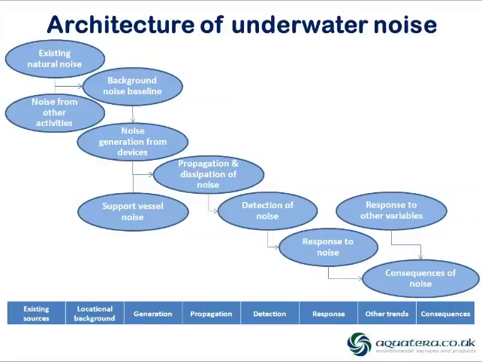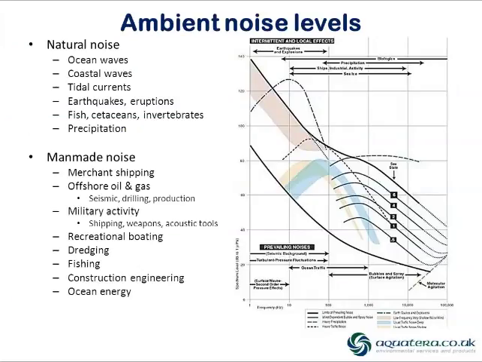And what I'm going to do today is concentrate very much on this first part here, because I think this is where we can actually get most useful information at the present time. So if we look at ambient noise levels, natural noise occurs in the ocean through many sources. There's also a number of man-made sources, and this map of frequency against amplitude shows some of the classic noises that exist in the ocean already. So we need to remember that the ocean is a noisy place already.